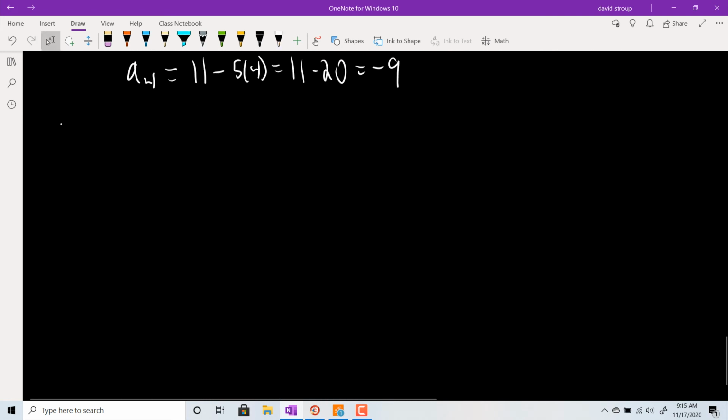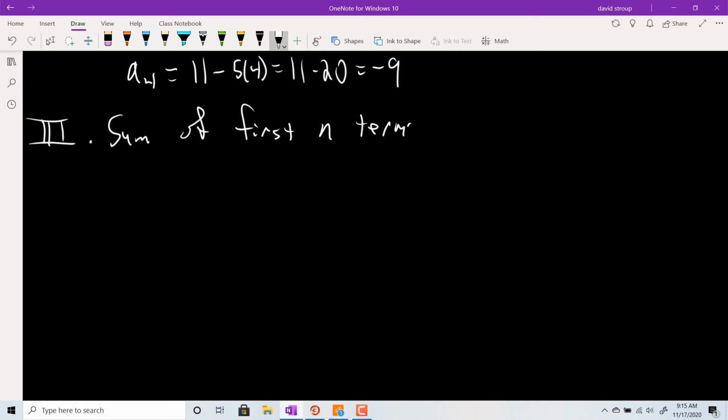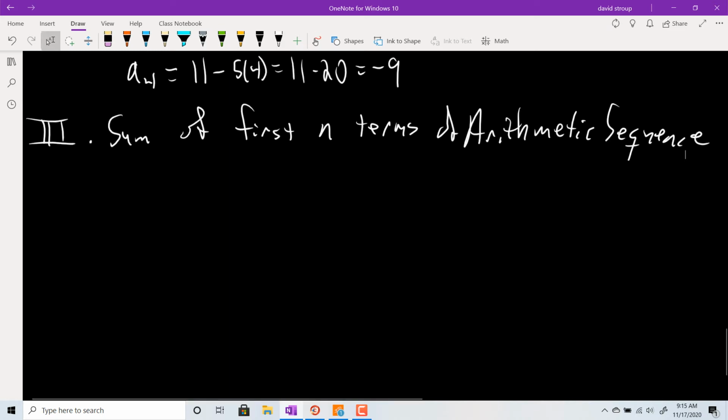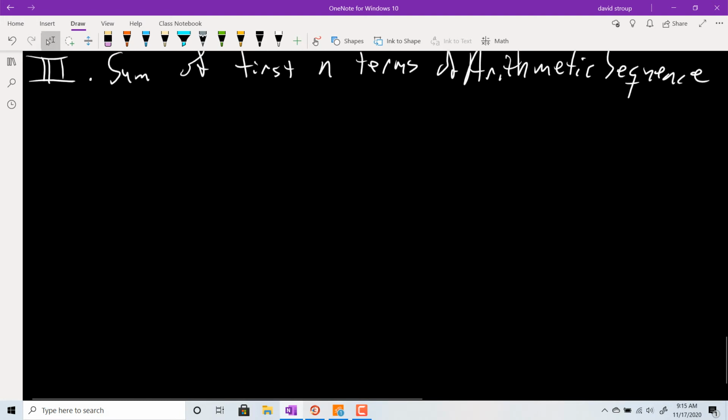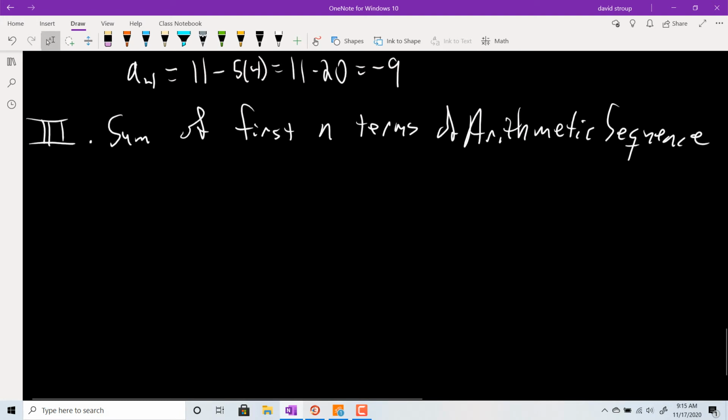So this section, I think it's 3 in my notes. If not, just edit that appropriately. It's the sum of the first n terms of an arithmetic sequence. Okay, so first things first, I need to get a formula for this. Well, anyways, just in general,